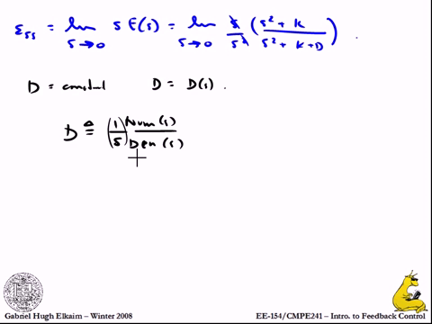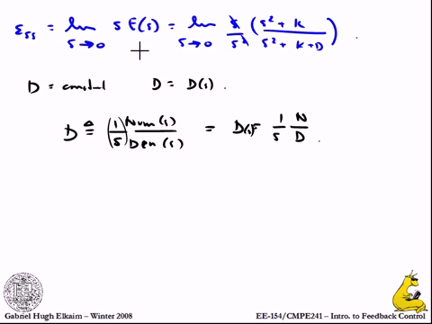Okay? So let's say that I'm just going to take this form. We're just going to say that D is equal to 1 over S times N over D. All right? So this is D of S. Okay? So now, as long as I put that in there, if this has a free one in it, then the steady state of this is going to wind up